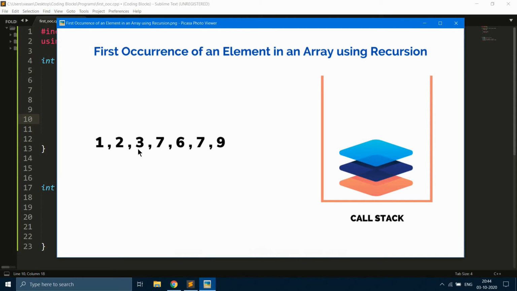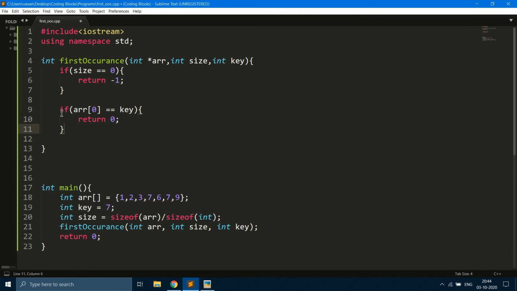If you are comparing with 7, it doesn't succeed. And if we come to the next iteration, we are coming to this array 7 to 9. So we are going to compare 7 with the key element. Since the element is found, we are going to return 0. 0 is nothing but the index of the first element in the current array, which is 7 to 9.